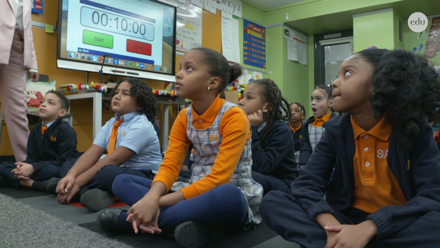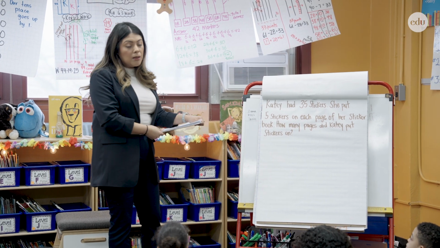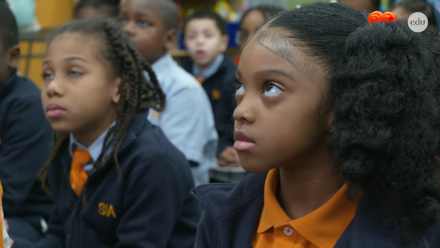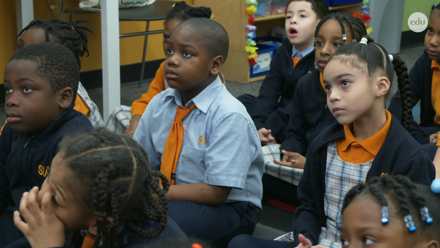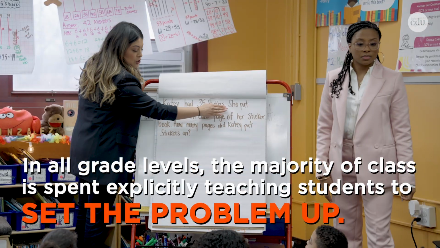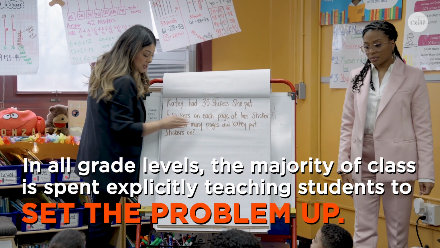For first grade, we spend the 80 time on the rug together. So as we're working together on the rug, we're gonna be rereading the problem. We're going to model any actions that we see throughout the problem that we have today. We go sentence by sentence and we try to picture the action that's happening. And together we start creating a big story of what's happening with those stickers. Katie had 35 stickers. She put 5 stickers on each page of her sticker book.